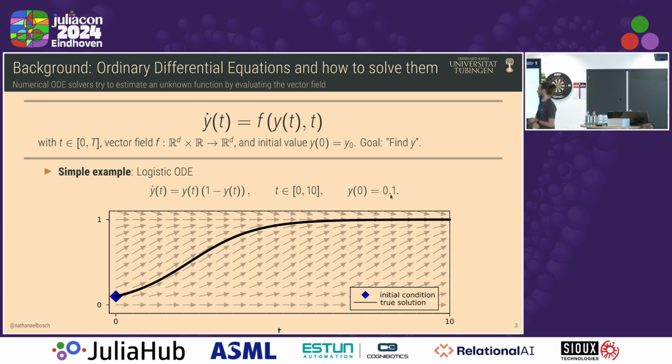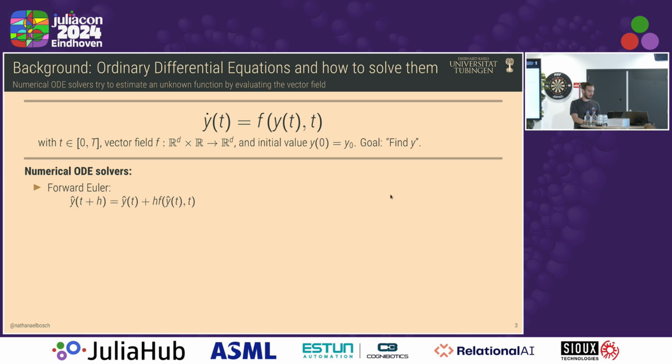Visually, if we have a very simple example, a logistic ODE, that means we have the blue dot, we have the arrows in the back, we want to find the black line. Because if we follow the arrows, then there's only one black line that comes out. And now in the logistic ODE, that's easy to do. We can just solve it in closed form by hand. But when we have more complicated ODEs, we cannot do that anymore,